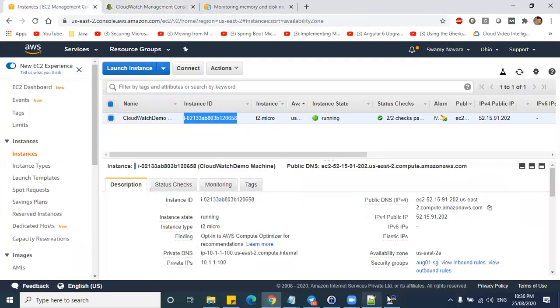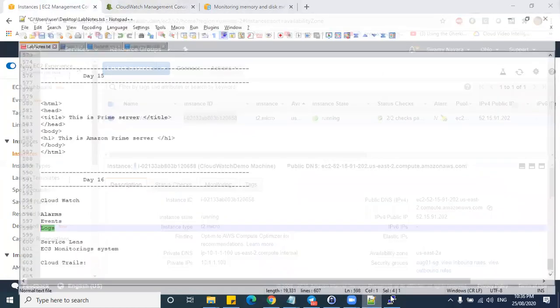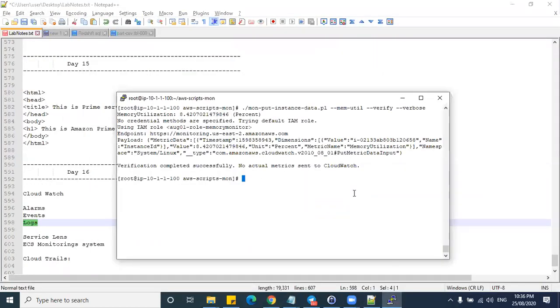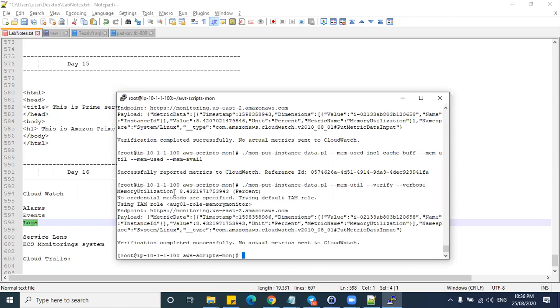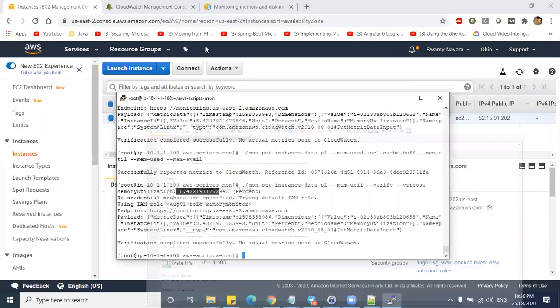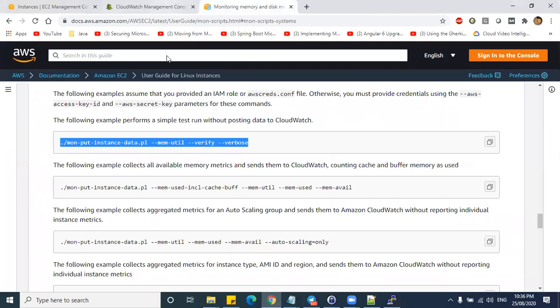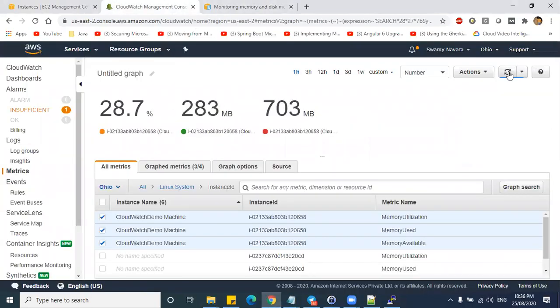Now let me fire it again. It takes some time to get reflected. That's why it is showing the earlier memory.